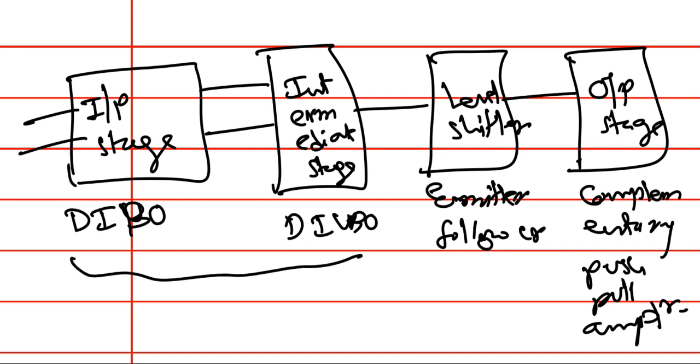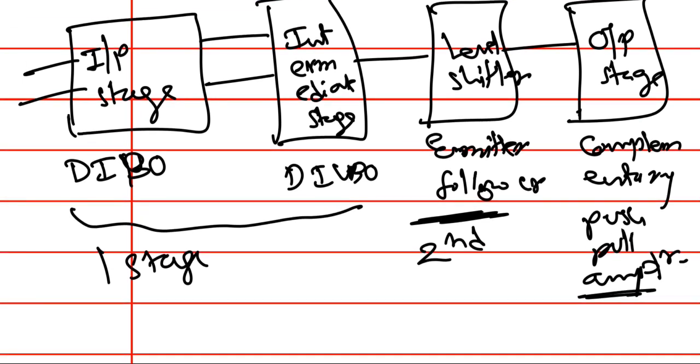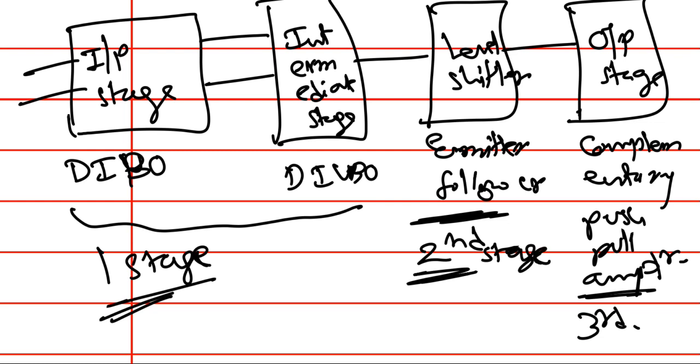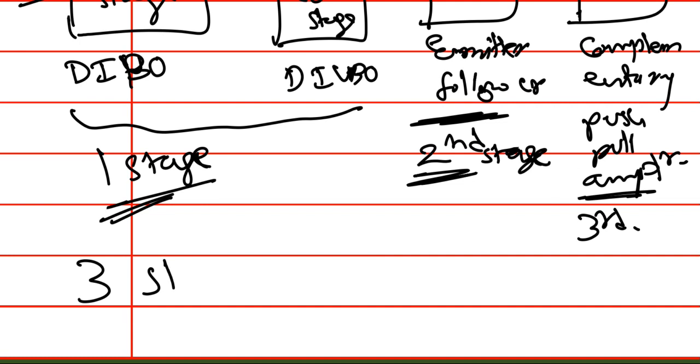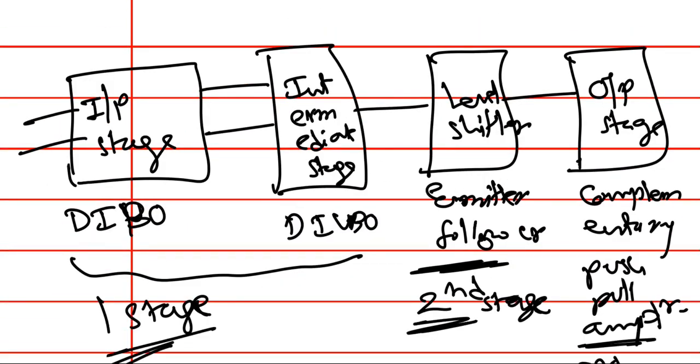Now this together we call it as one stage. This is the second stage, and this is the last stage, the third stage. So op-amp is a three-stage device because the first two blocks are providing the gain. So together we call it as one stage, second stage and third stage. So in some of the books you may find op-amp is a three-stage device. Okay. And we have the inputs, inverting input and non-inverting input.